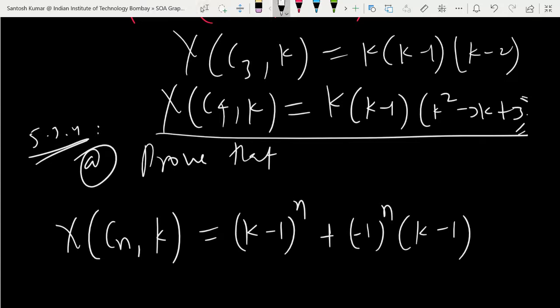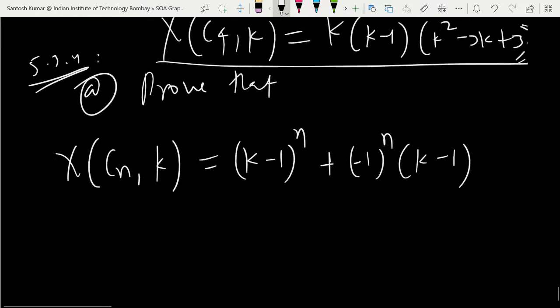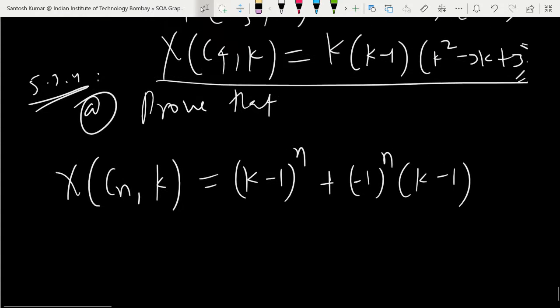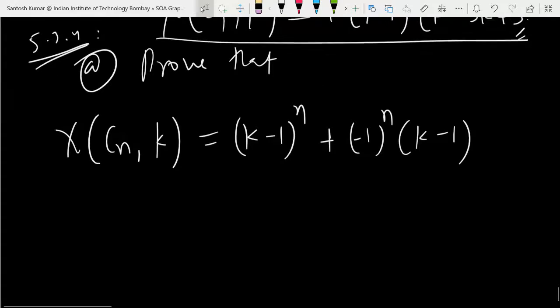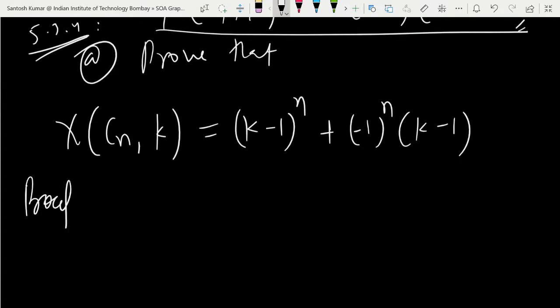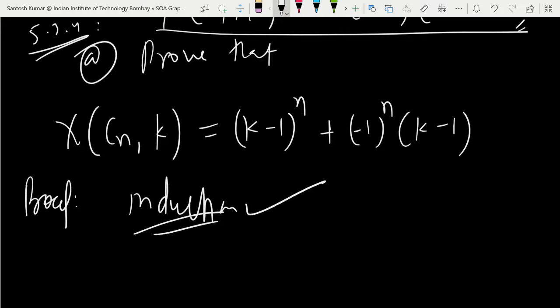And now, this we already proved, so I will not do the proof again. In the last class I did the proof, and we used the induction method. The induction method had three steps. Step one, n will be minimum 3, because to form a cyclic graph you need at least 3 vertices. So n will be 3. Then step 2, you assume for n minus 1 and prove for n.